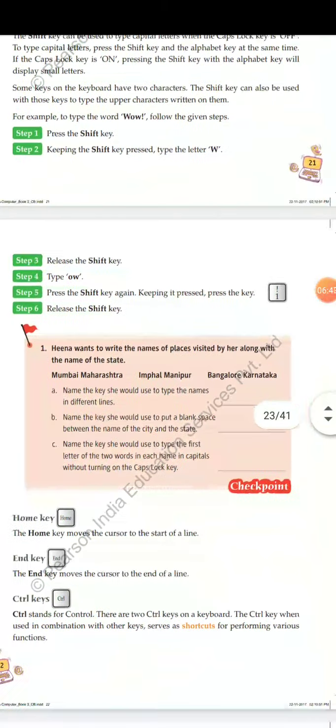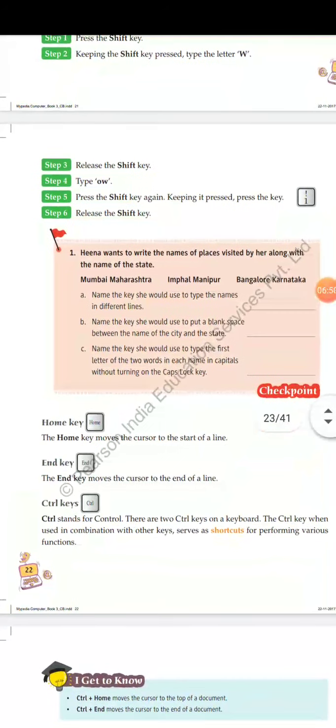See, here is a question. Hina wants to write the names of places visited by her along with the name of the state: Mumbai, Maharashtra, Imphal, Manipur, Bangalore, Karnataka. Name the key we should use to type the names in different lines.